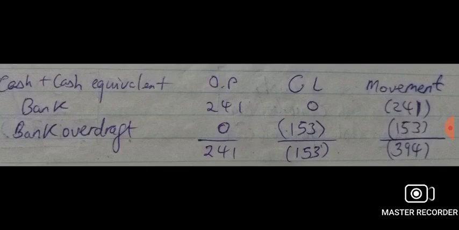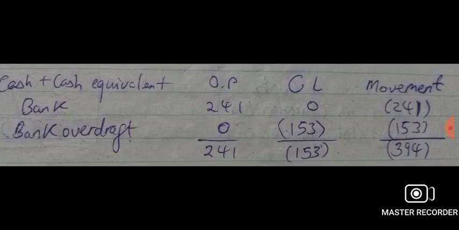Bank overdraft. I stated something earlier on, right? This is negative cash. Why do I say that? Well, a bank overdraft is actually getting more than you have in your account. That's leaving a negative balance in your account. Because you're getting something on credit more than you have. So that is negative cash when you have an overdraft. Such cash, when you pick it from the statements, is put in brackets denoting negative cash